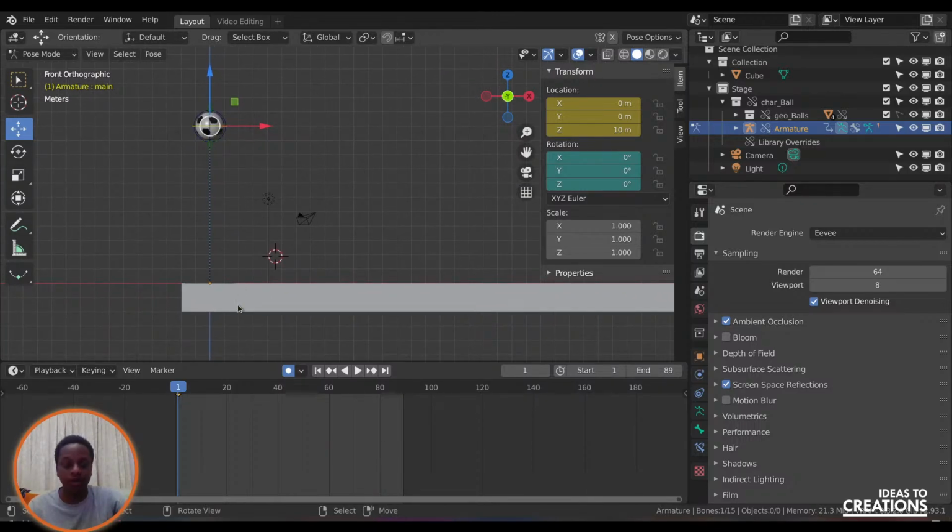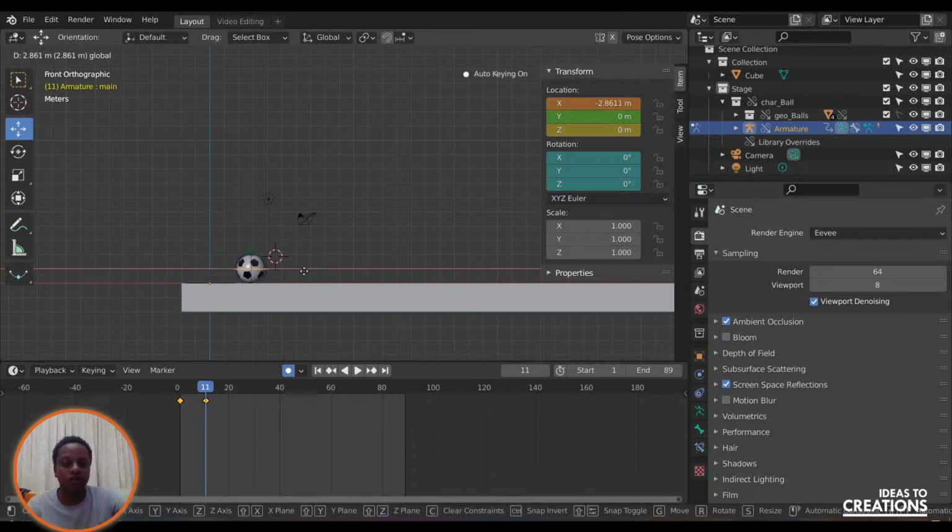So frame 1, we've set a key only on location, no rotation, and then our next keyframe is at 11. So I'll go to 11, put the ball on the ground, and I'm not too sure on the distance. The distance was a bit tricky because of the perspective it was in, so I'm gonna kind of eyeball it